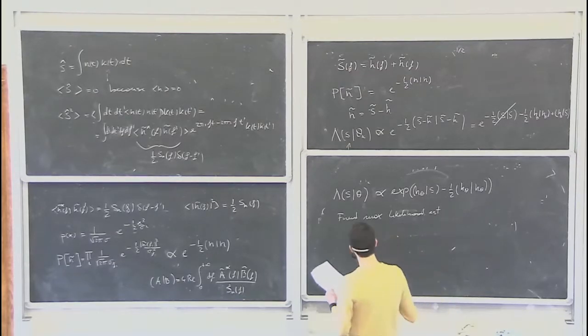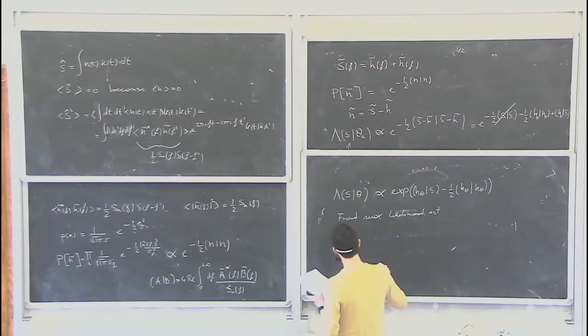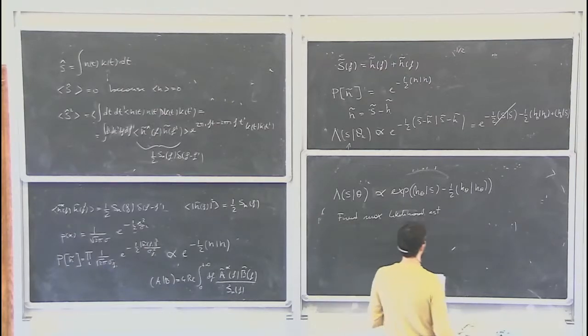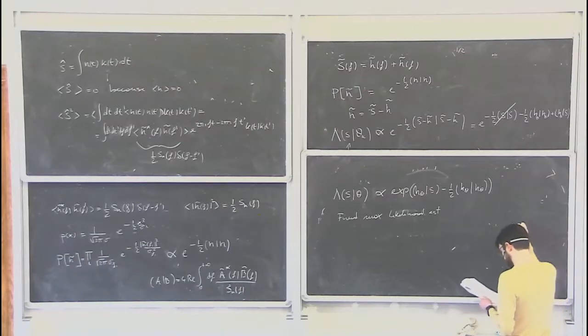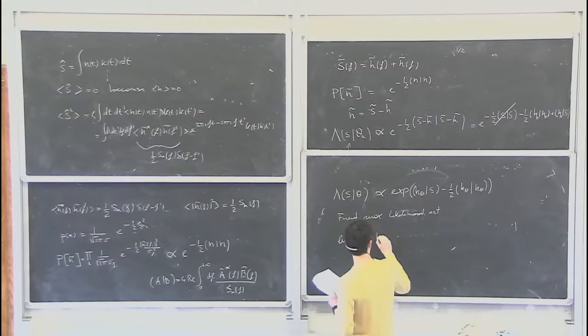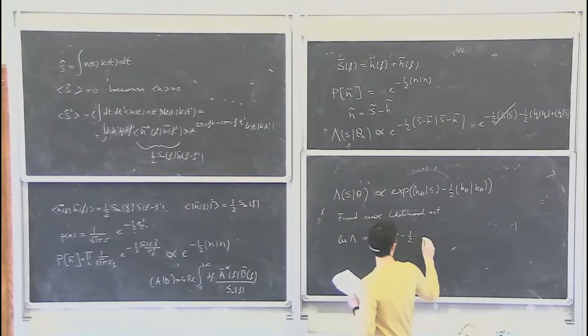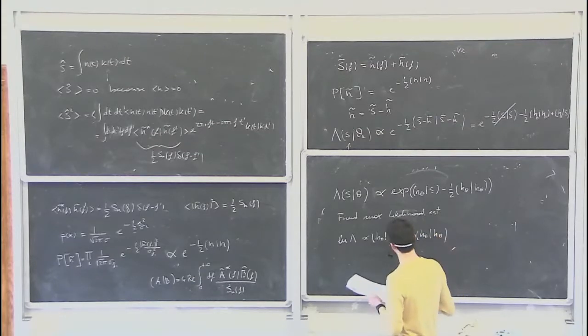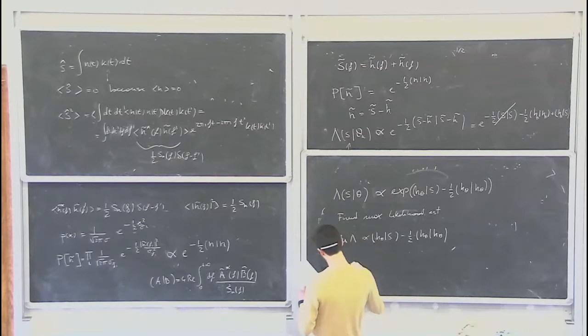Anyway, without entering into that, if you want to find the maximum of a function, what do you do? You look for the point at which the derivatives are zero. So you take derivatives with respect to the parameters and look for zeros. First of all, you can take the log of the likelihood, because the log is a monotonic function. So the log of the likelihood is proportional to h of theta dot s, I'm rewriting again the same thing, minus 1/2 h of theta dot h of theta. And you can take the derivatives with respect to the parameters, and you find that the parameters that maximize this log of lambda are those that satisfy this